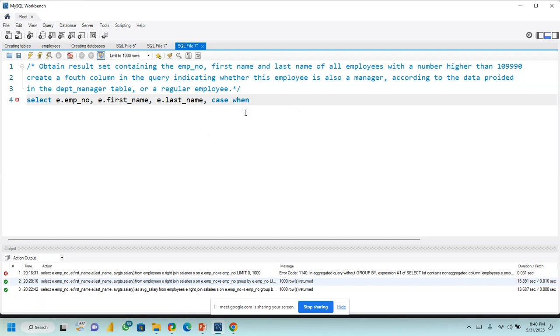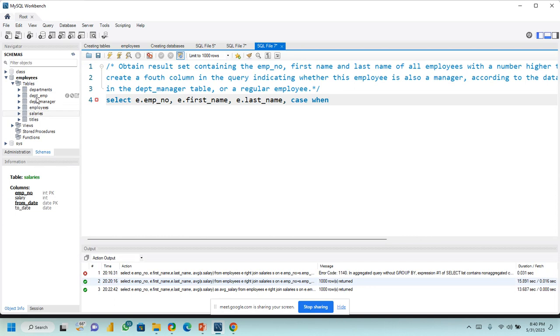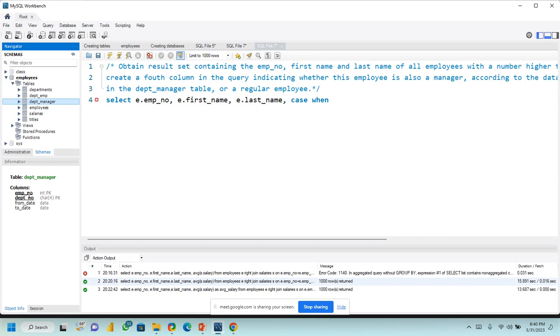the department employee number. Remember we have said if your employee number is in the department manager table, it means you are a manager. I repeat, let me just minimize this and show you the tables here where we are having the department manager table. I'll just expand it. You can see we have employee number and department number. So if your employee number is in the department manager table, that means you are a manager, and that's what we're writing here. So when employee number,